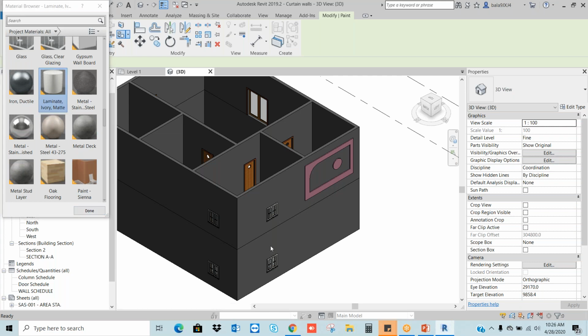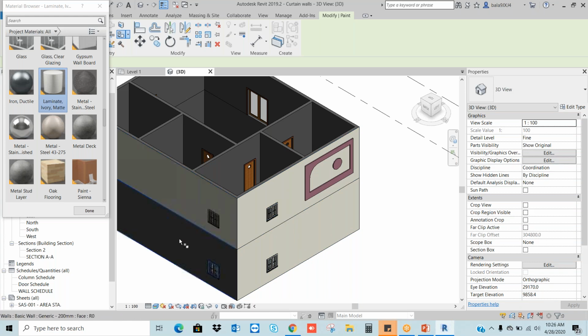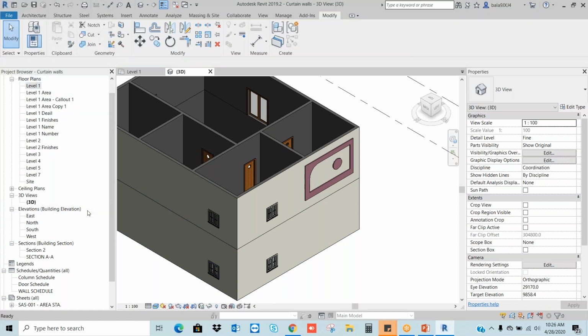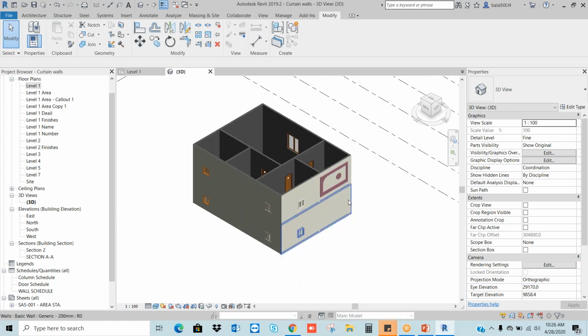Just click on the material, click on the face of the wall. You can assign the paint wherever you want. Done. Now, if you see in the shaded view, you can see the different color. If you go to the realistic, you can use the realistic colors like a render.